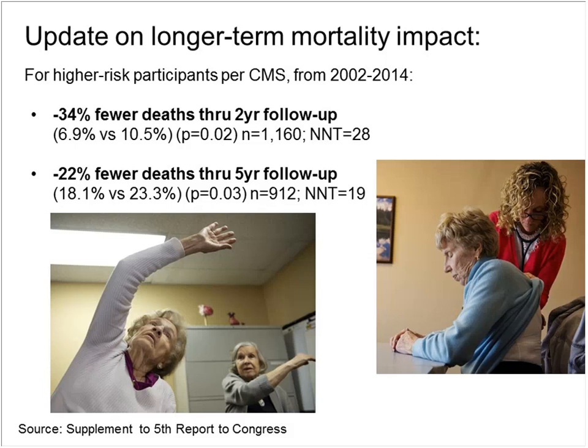And the number needed to treat, for folks who are familiar with that term, is quite low. So if we had enrolled 19 people in the program and followed them over 5 years, it would have resulted in 1 avoidable death. And the importance here is not to emphasize longevity as an end unto itself, but to emphasize that these results were obtained through a preventive model with no known side effects that also maintained independent function, quality of life, and was extremely well received by patients and family as being a very supportive essential help to them